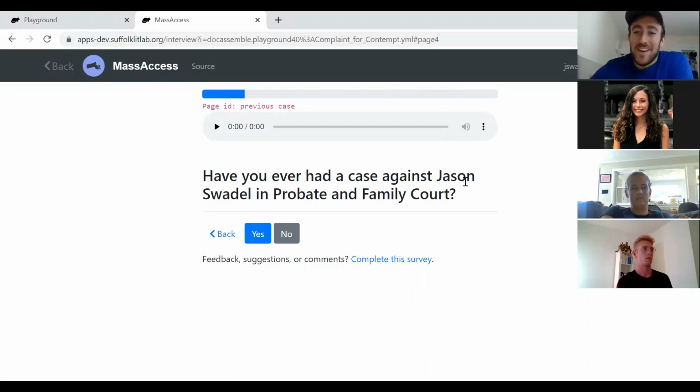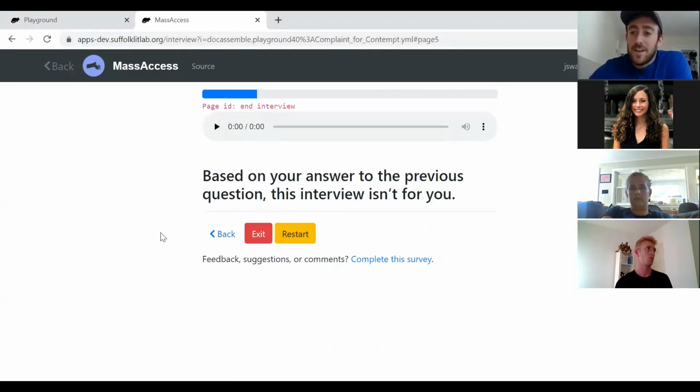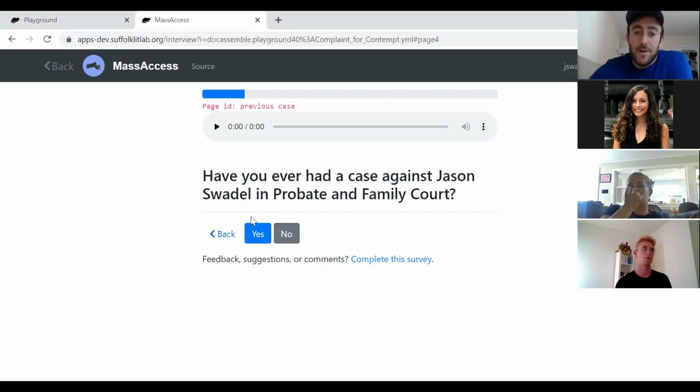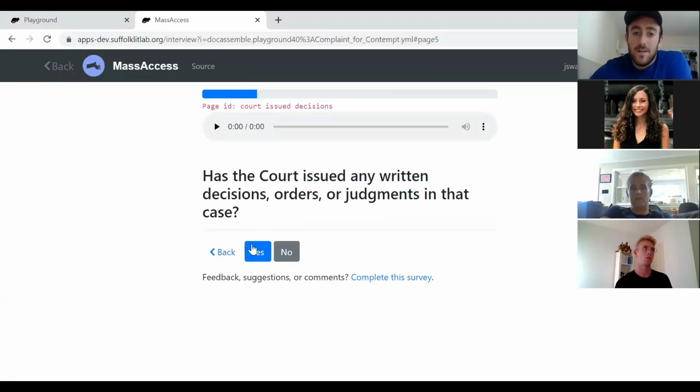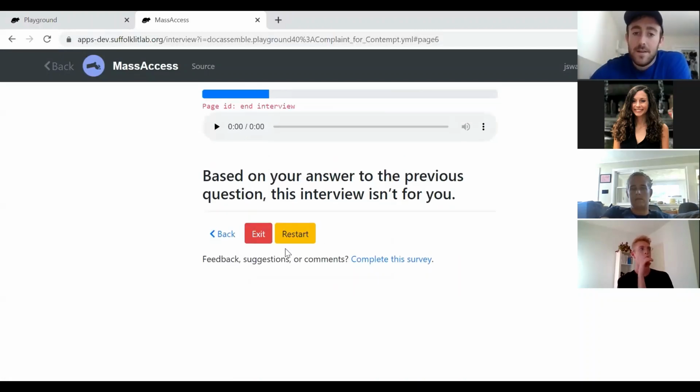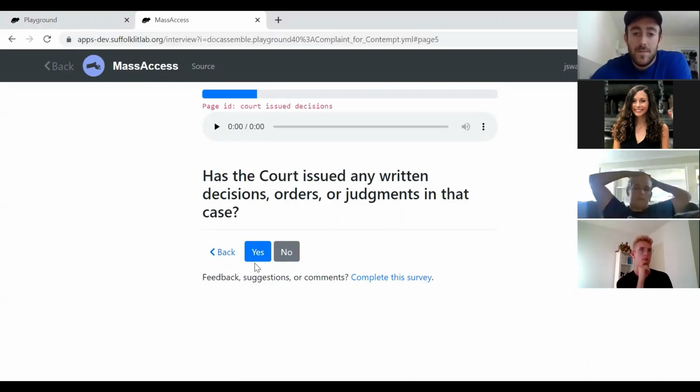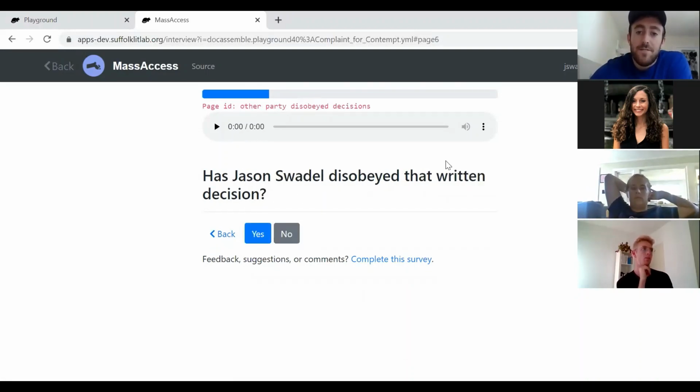So yeah, we updated it since we were adding the other party first. Now the kick out screens 1 and 3 are personalized with the defendant's name. So yeah, if you answer no, this is our kick out screen. Okay, I like this. And that's the same for all 3 of them. So is this what you had in mind, Caroline, or did you want something different? Yeah, this is exactly what I said, to actually name the people, make it more personalized. And then yeah, this is the 3rd and final kick out screen.